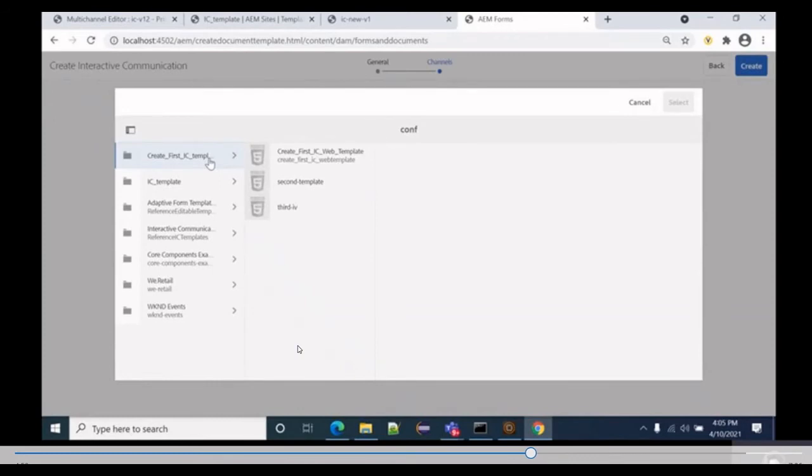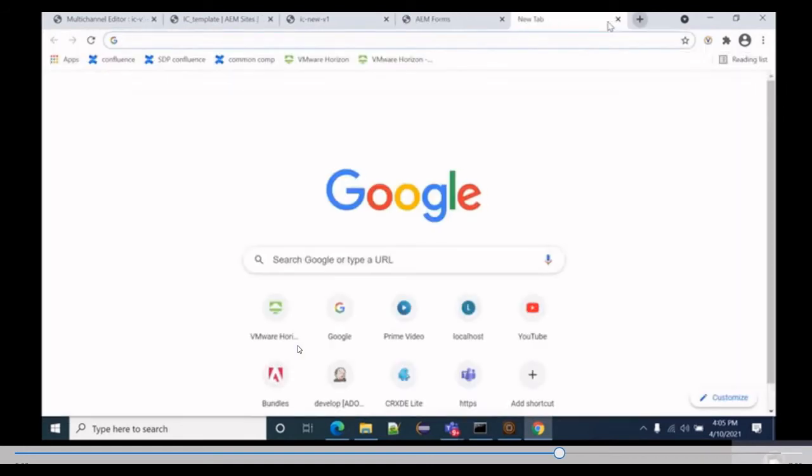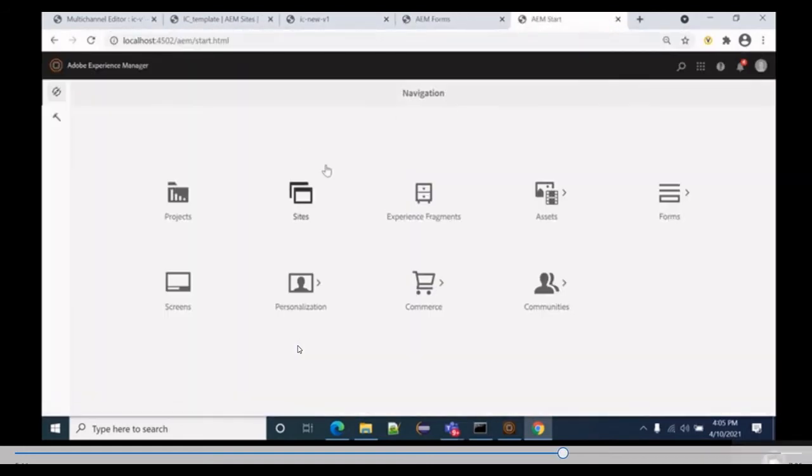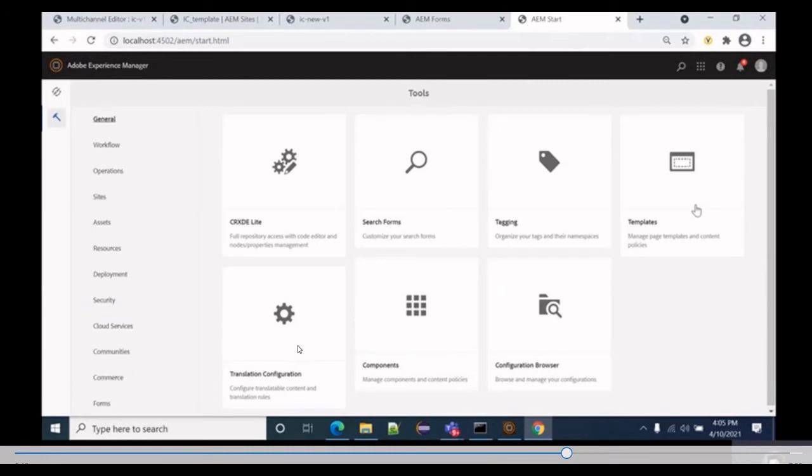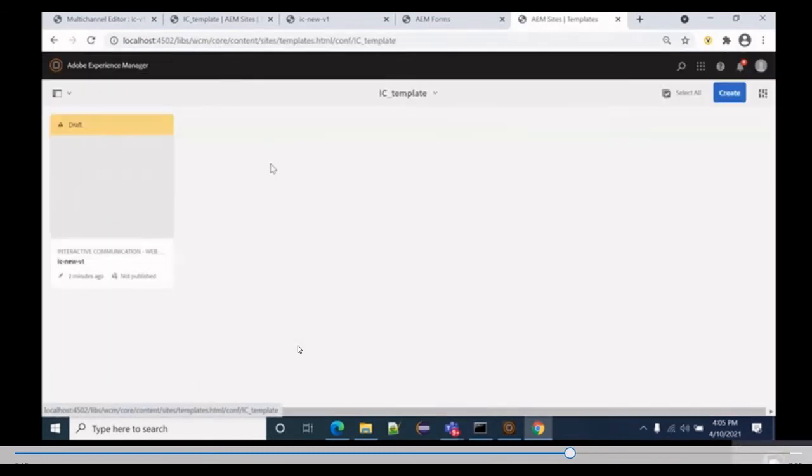Okay, I think I have not created a new template for, I remember I had just created. Oh, okay. I got it. I have not enabled it, so that's the problem. So let's first enable that. Let's go to Templates and IC template.